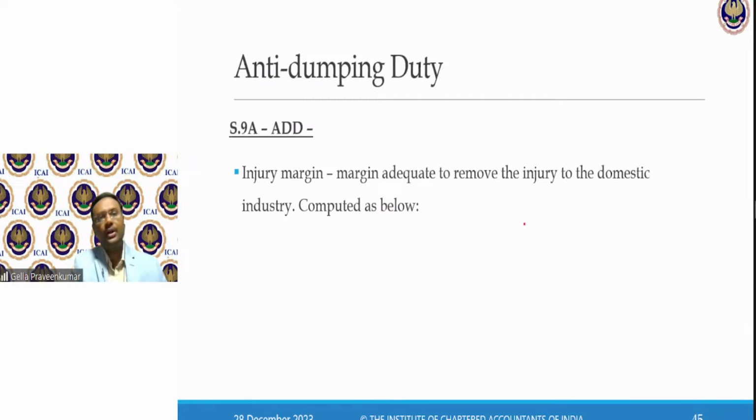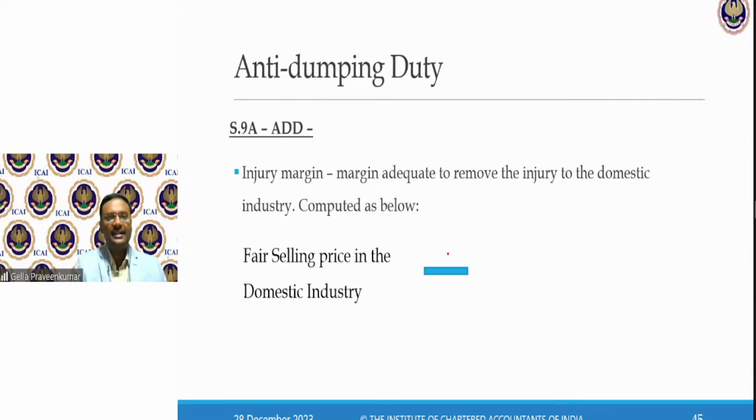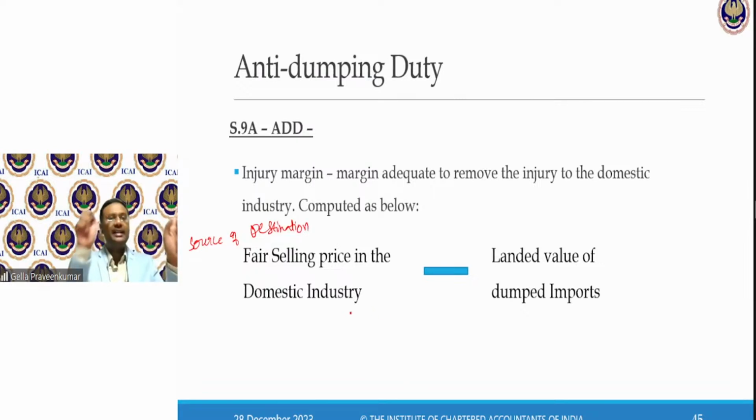Injury margin. So what do you mean by injury margin? Injury margin means the margin adequate to remove injury to the domestic industry, which is computed as below. The fair selling price in the domestic industry compared with landed price. That means to say, this is source or destination. One is at origination, the other is destination. The initial I call dumping, this I call injury. So here, the fair selling price in the industry in India.